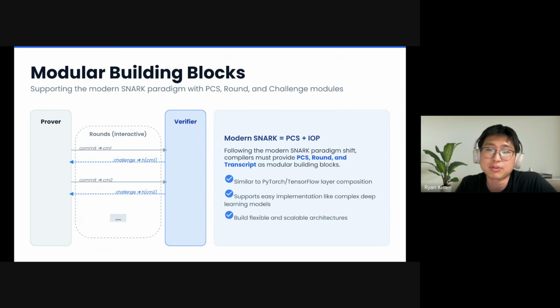What's inside the round is it carries a transcript with two primitives, observe and sample. When you have a message to observe, and it's too long, like a polynomial, the round calls commit first, then observes the commitment. If it's a short one, just a few field elements, it observes directly. When you need a challenge, you squeeze. That's the whole round API.